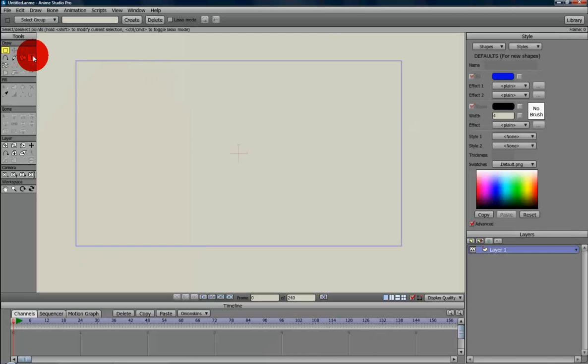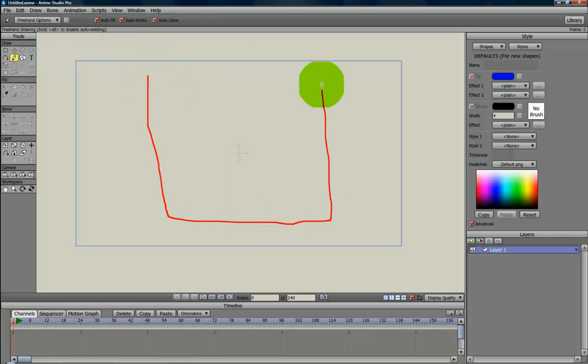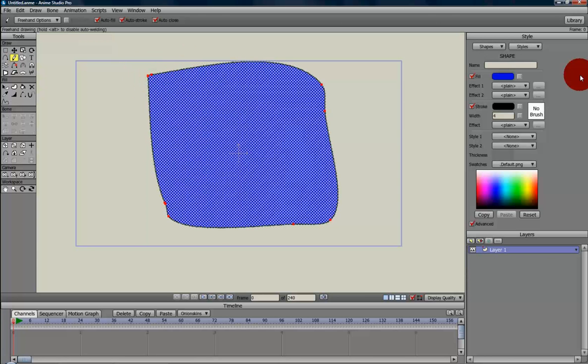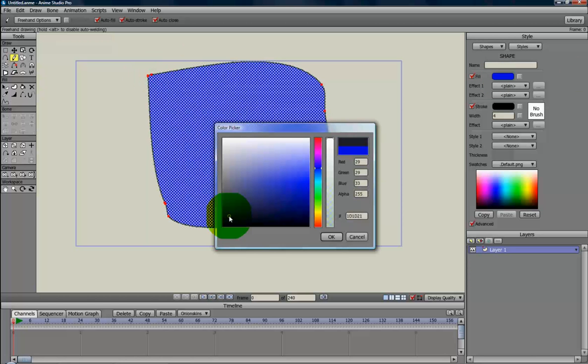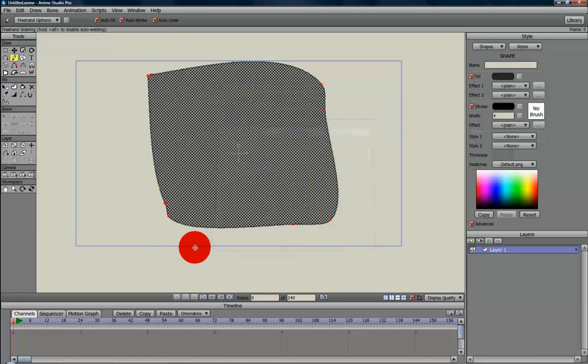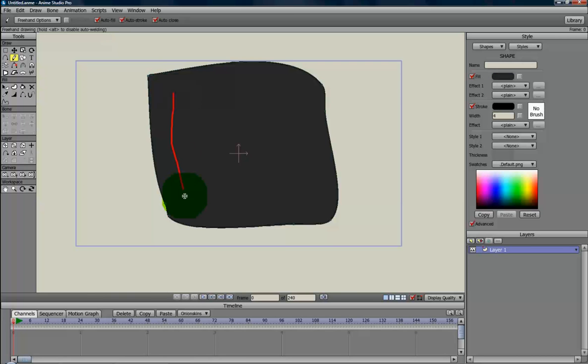Alright, so let's say I wanted to make a TV. I'm going to use this. We'll turn all these on. Oops. Oh, this is real poor. I'm not good with this. Make it gray. Alright, let's say we're going to make a TV, but we want to have a hole in